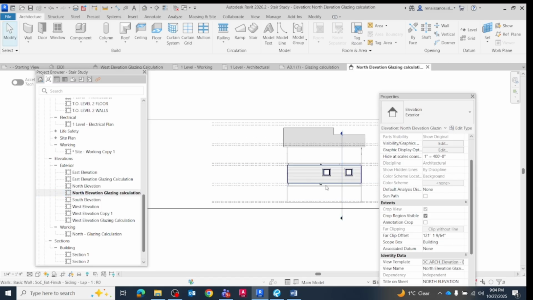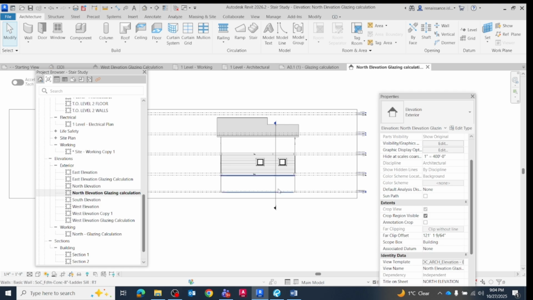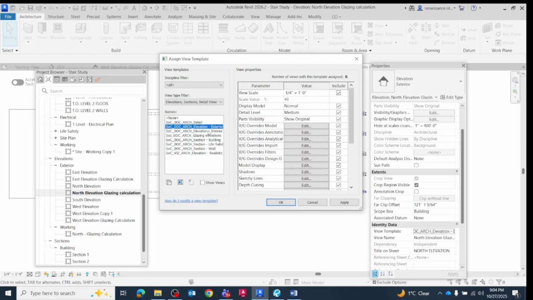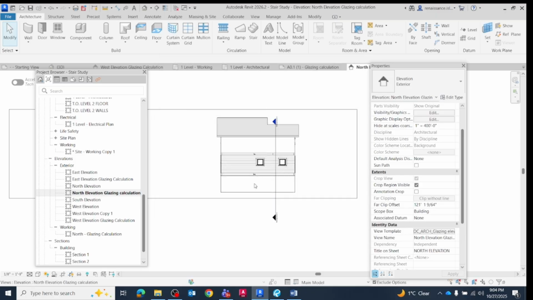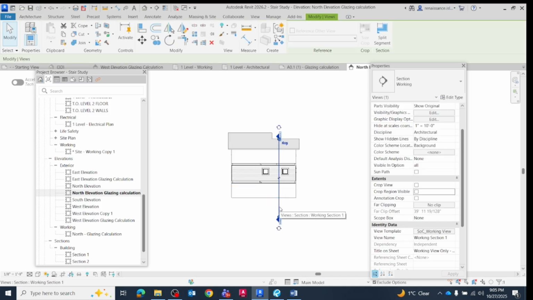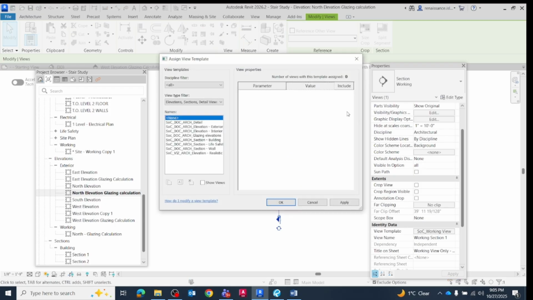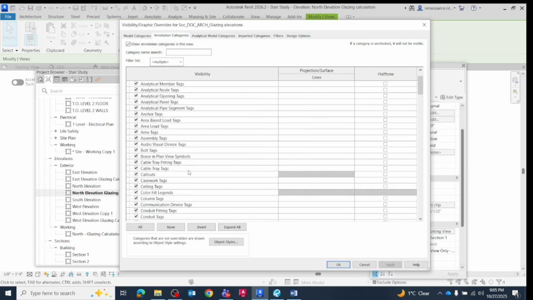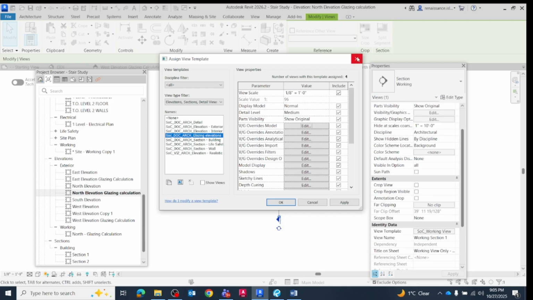Here you could see that all the levels are appearing, but I don't want to see the levels, right? So what I need to do is go to the properties and click here under the view template, because it is now already an elevation template, but it should be my glazing template. So whatever glazing template I created, I will just select that. Now it will take the properties of the glazing template. This box, you can uncheck, then it won't show over here. And like the section view, you could again go to the section template, and here you can manage what you want to show and what you don't want to show, right? Okay, so